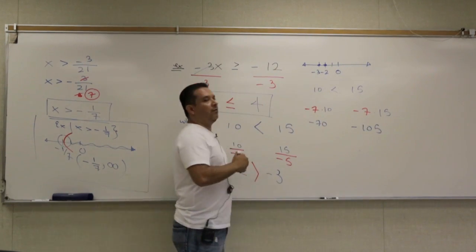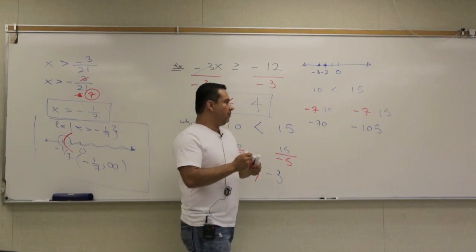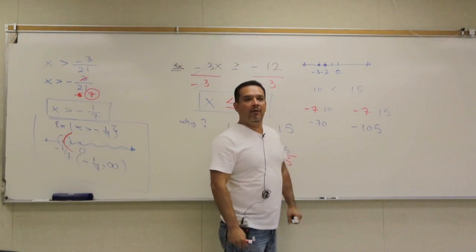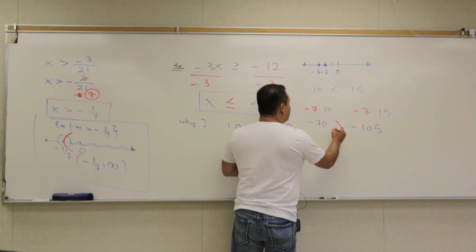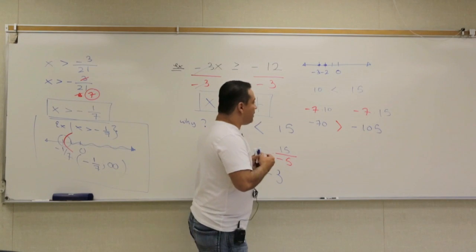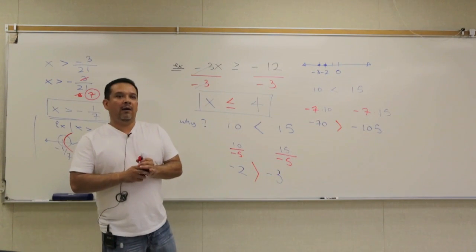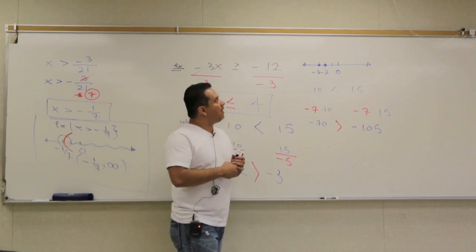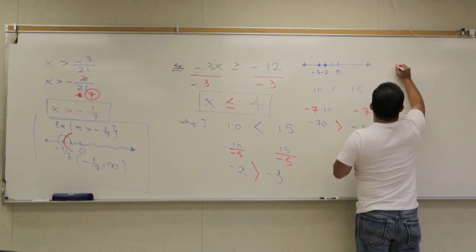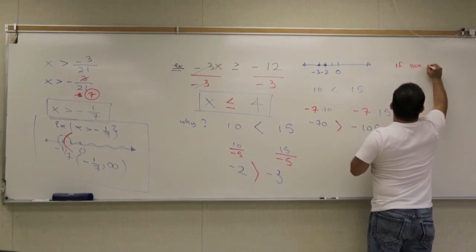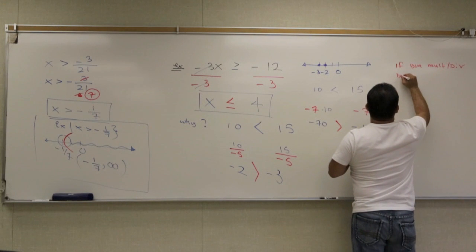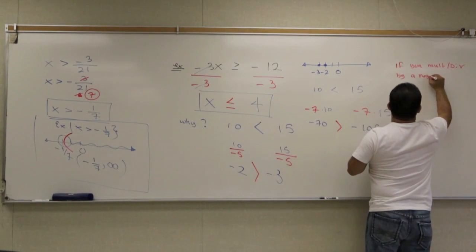What happened now? The inequality symbol opens to the bigger number. Which one's the bigger number? Negative 70. Good. What happened? It switched. So here's a fact, let's write it over here: if you multiply or divide by a negative number,